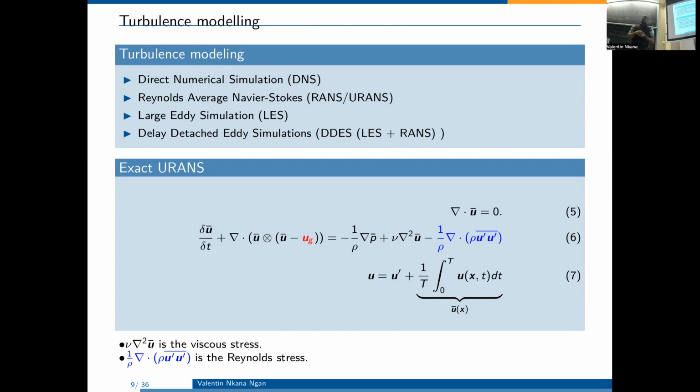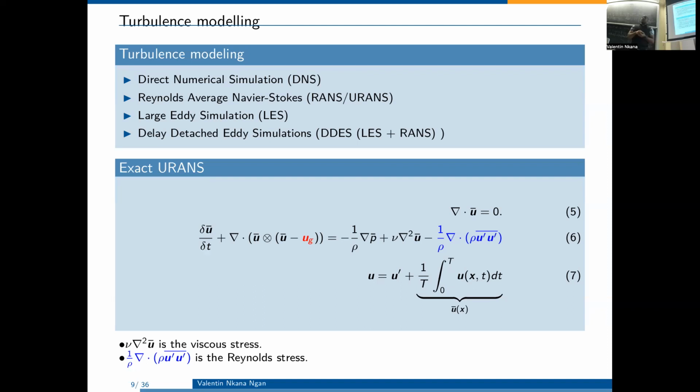But if you want to resolve, let's say to model, the eddies, because when you have turbulence you can model the eddies of the flow, then you have to use either Reynolds-averaged Navier-Stokes decomposition or what we call large eddy simulation.